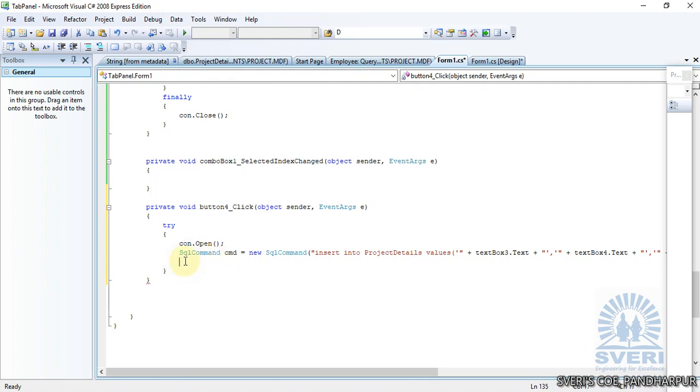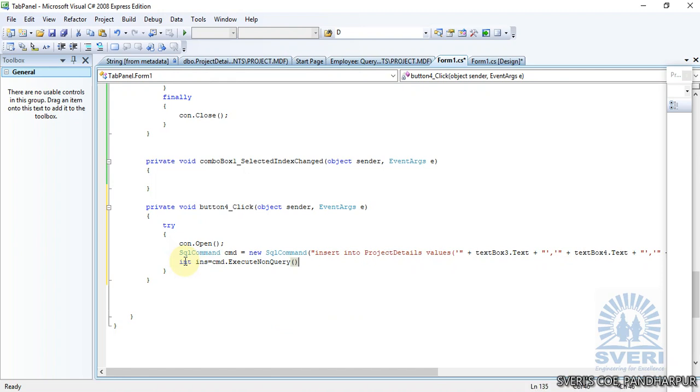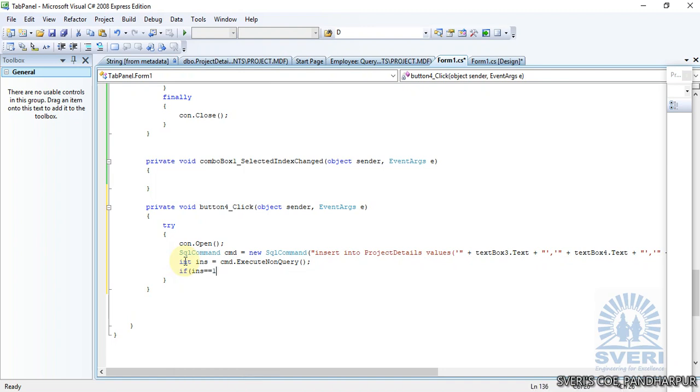So this is code. Then integer ins is equal to cmd dot ExecuteNonQuery. Again, it will return a value. So if ins is equal to 1, if the number of rows affected by the query is 1, MessageBox.Show the textBox3, that means project name dot text, plus, within the quote marks, "is added",